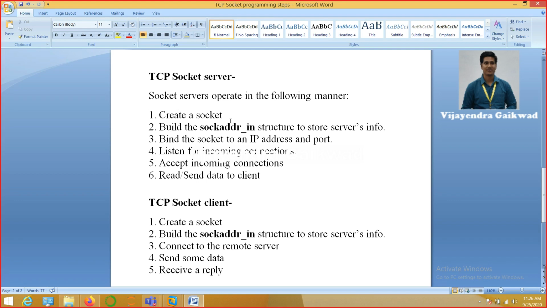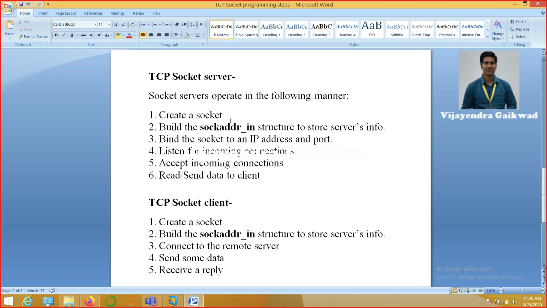That IP address can definitely be the IP address of the server system, and the port number can be any integer value above 1024, because the first 1024 ports are reserved by the system for its internal usage, so we can't use those port numbers.